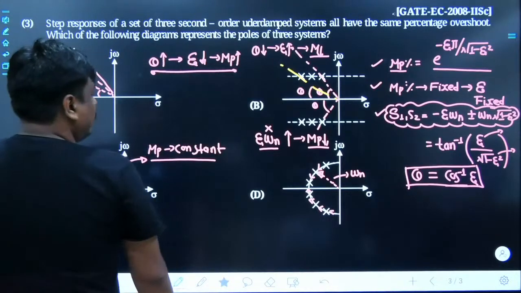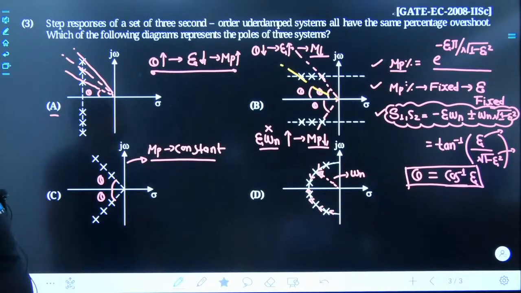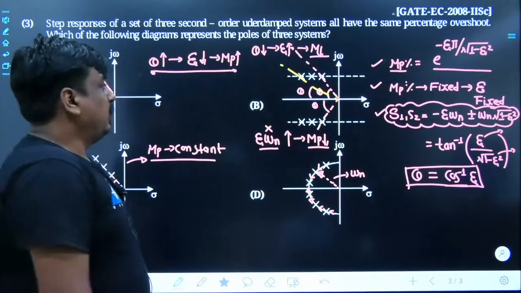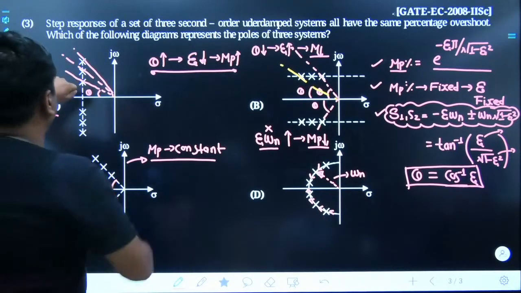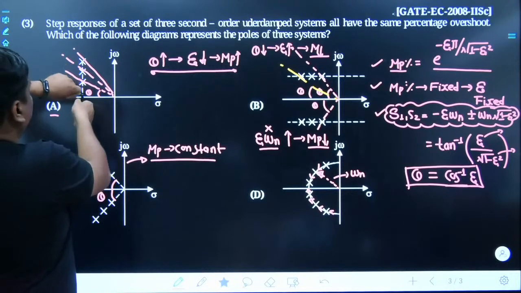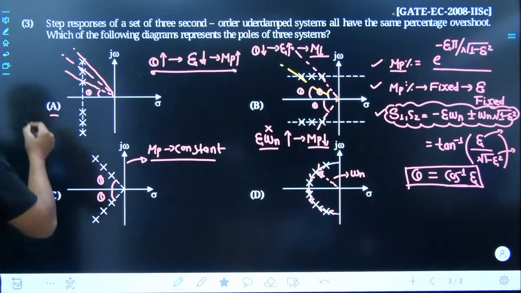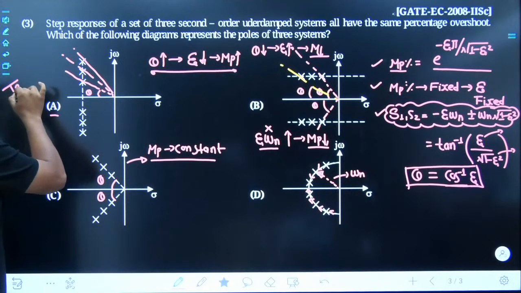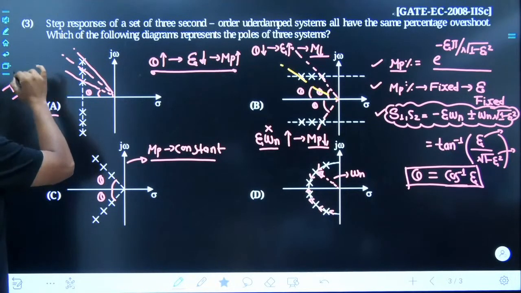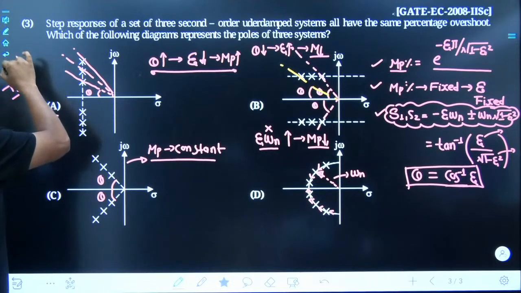Now forget about everything else. Let me focus briefly on settling time. As the pole keeps displacing from its point upward and downward, what would be the effect on the settling time? Would it increase, would it decrease? I would like to have the input from each one of you. Would it increase or would it decrease?